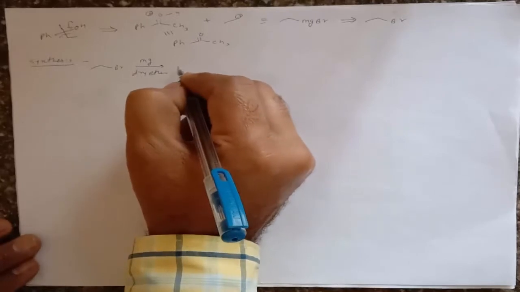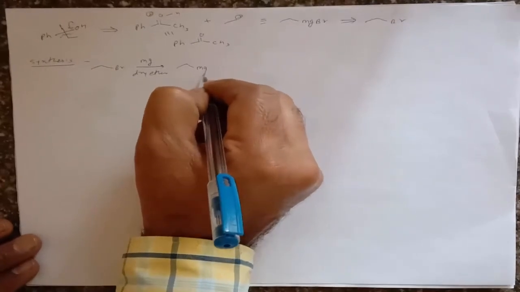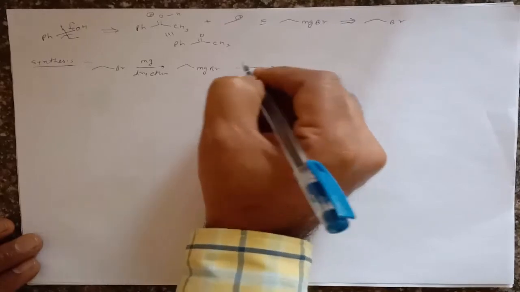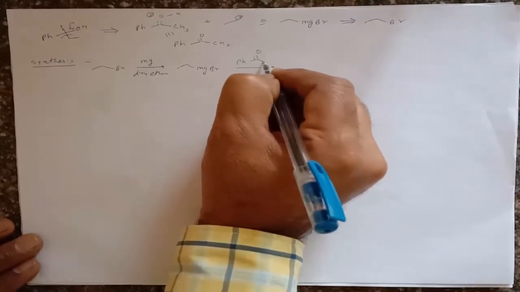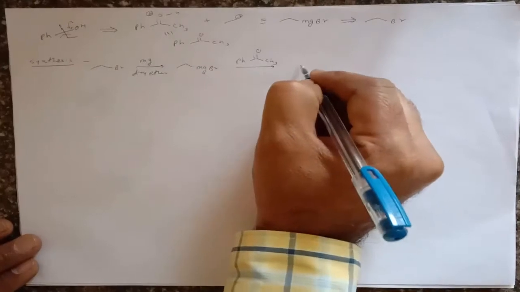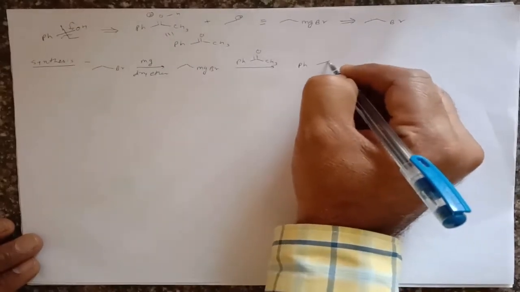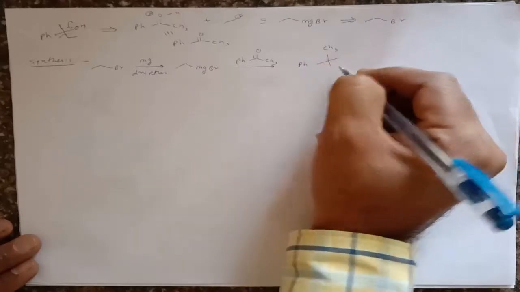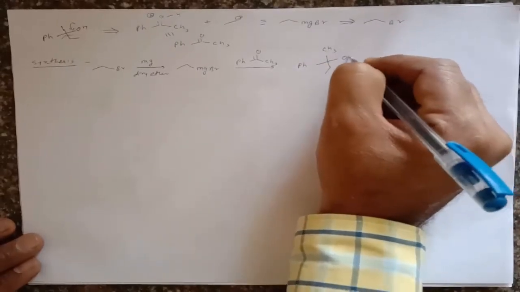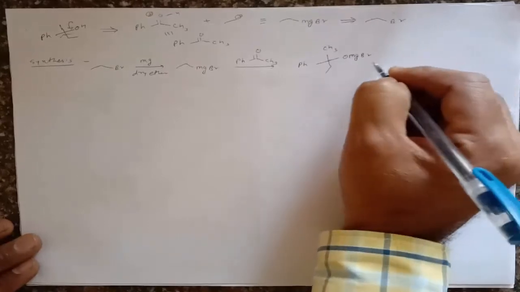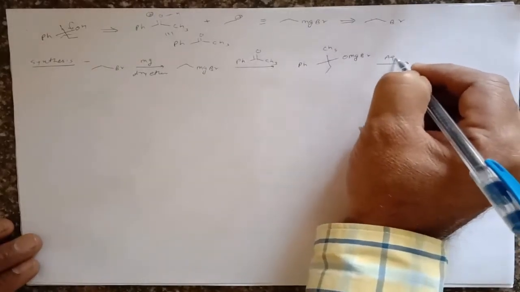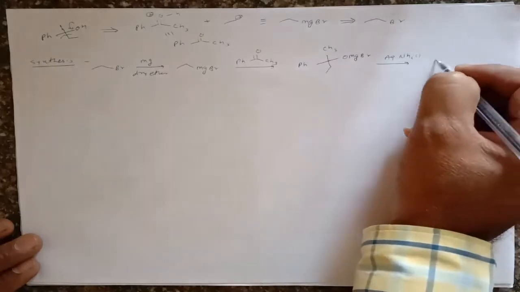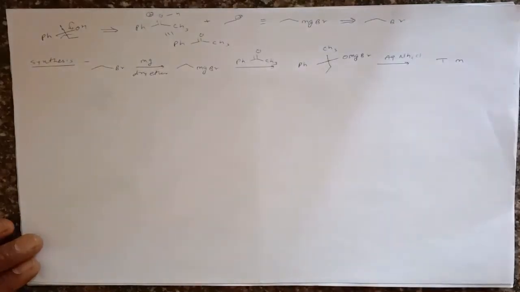And it gives formation of CH3CH2MgBr, and into that if we are adding this PhC=O CH3, it gives formation of a molecule like this, that is Ph, CH3, then ethyl group and OMgBr, right? And into that if we are adding aqueous ammonium chloride NH4Cl, it gives formation of the target molecule, right? So if there are simple alcohols, then the alcohol can be easily broken at the position where we can get simple molecules, right?